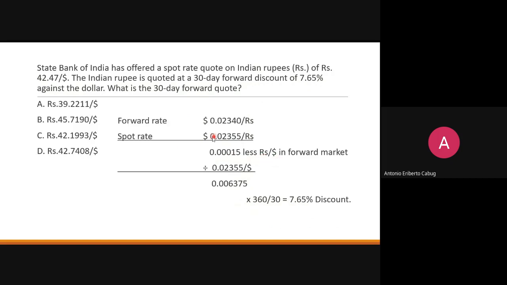The forward rate must be 0.02340 dollars per rupee. If you do it in rupees per dollar, it's roughly equivalent to letter D,